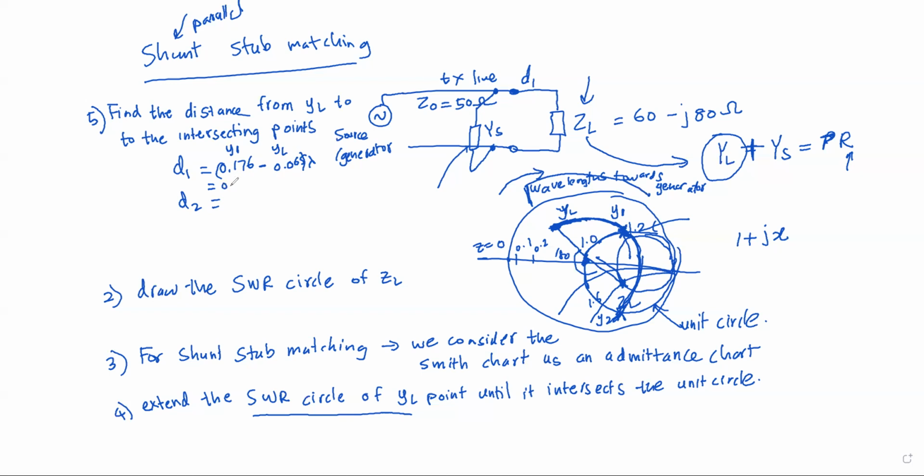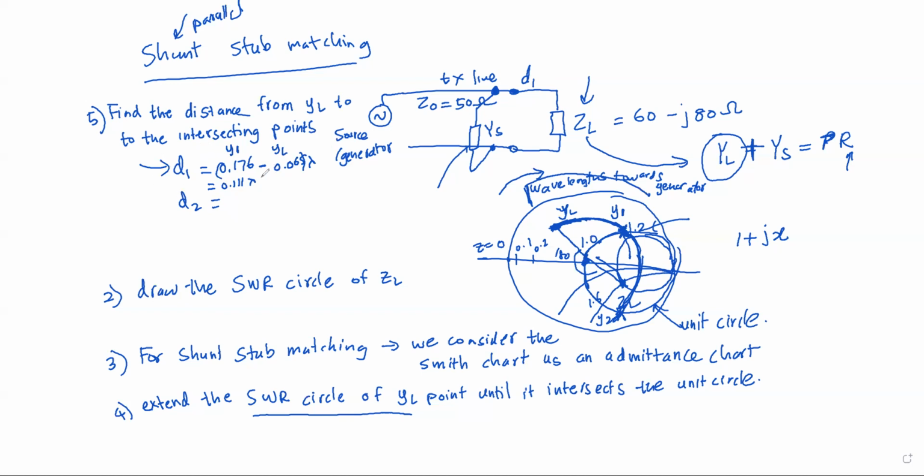Right? We can take the value as 0.111 lambda, right? So we need to take the difference from the intersecting point and the admittance of the load point, right? So we need to take the difference between the intersecting point and the load point. So that difference will give you the distance that you need to move from the load point towards the stub point, right? So this D1 is given by this